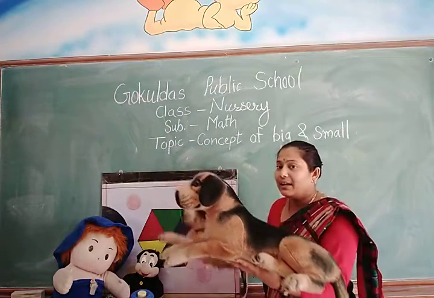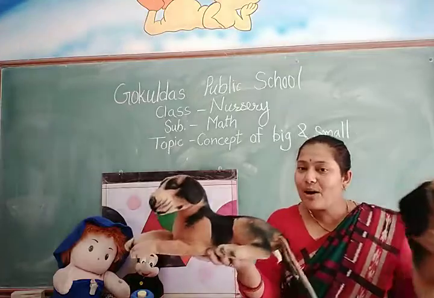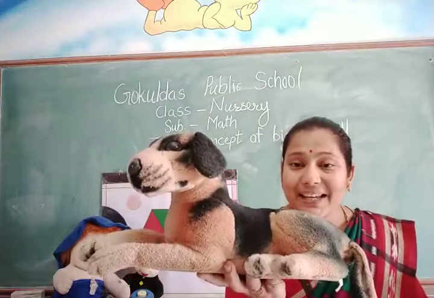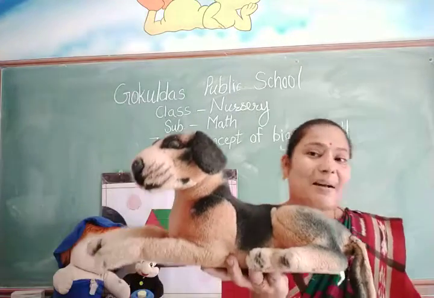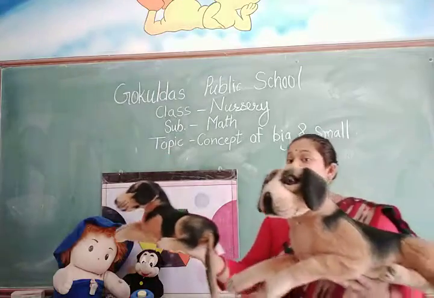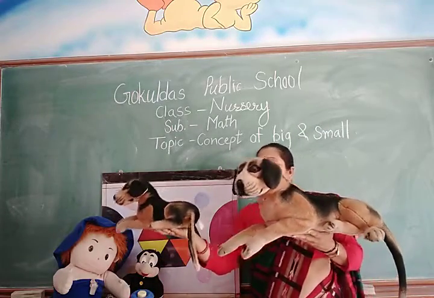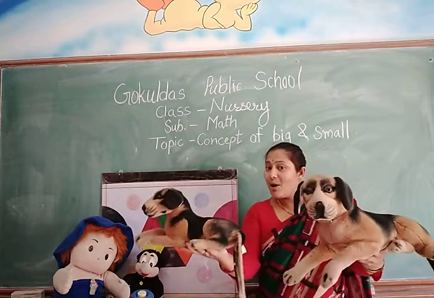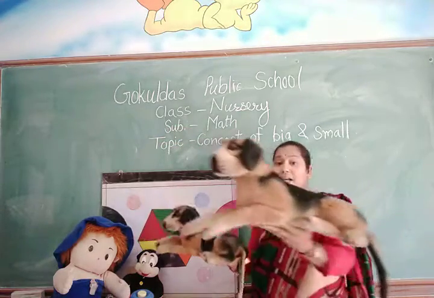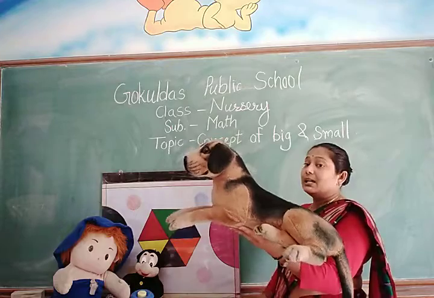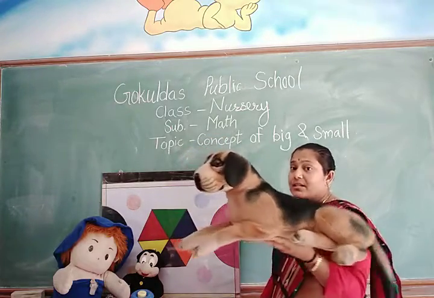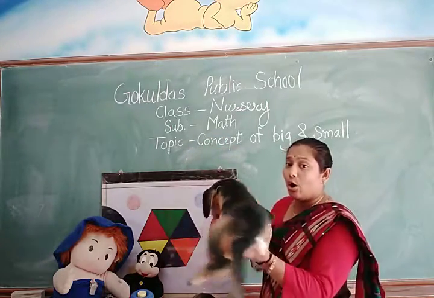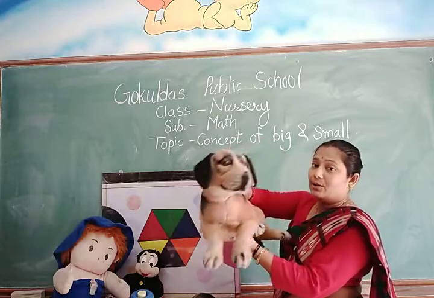Okay. And this one, small dog. Puppy. Small dog. Big dog and small dog. Big means बड़ा डॉगी, ये बड़ा डॉगी है ना।